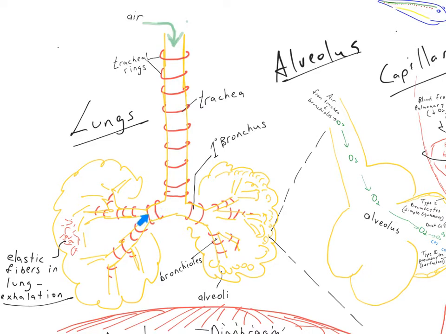The primary bronchi then branch into smaller and smaller bronchi until eventually you get to the smallest bronchioles, which end at what we call the alveoli or air sacs. Tiny microscopic sacs inside the lungs. They fill the entire lung, and this is where the oxygen actually passes into the blood, which we'll take a look at in a minute. First, though,